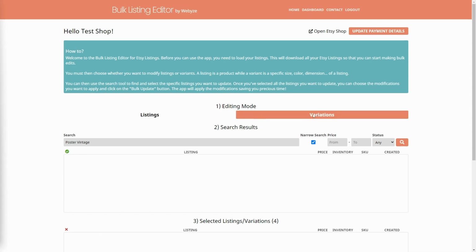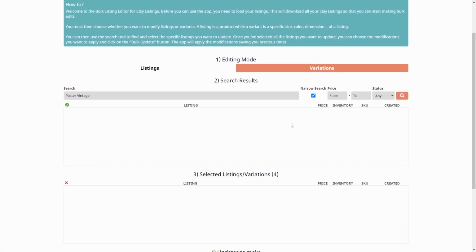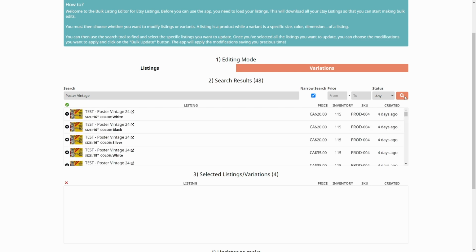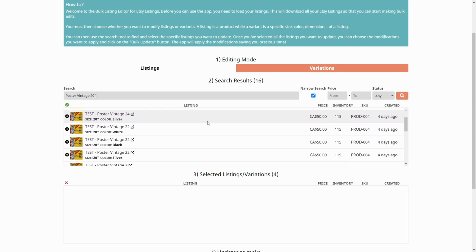Now if you want to use the variation editing mode, the process is very similar with a few differences. We can search for the variations we want to modify, and here in the list, it's not listings that are shown, but specific variations for those listings. Let's say we want to increase the price for the 20-inch posters. We can type poster vintage 20-inch, and we can see that only the specific variations that match this criteria are displayed. We can select them like this,